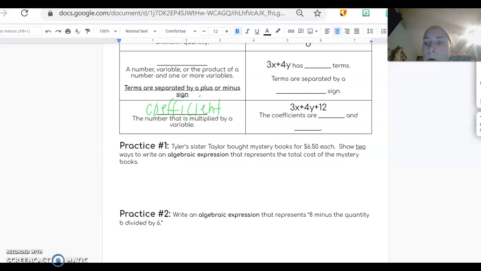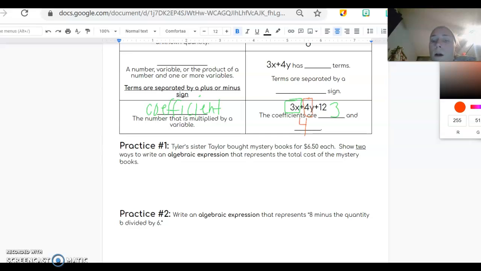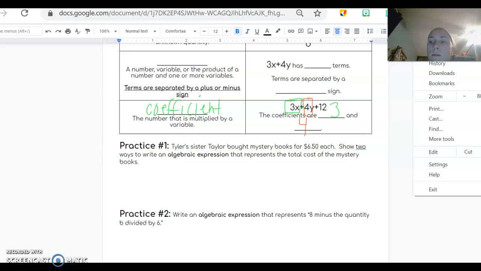So when I look at our example, 3x plus 4y plus 12, there's a 3 here in front of the x. Our coefficient there is 3. That is the number being multiplied by the variable. When I continue on, I see another variable, y. Our 4y, our 4 is our other coefficient because that's what's being multiplied. Okay? So now we're going to use these vocabulary terms that we've just learned, and we're going to do some example problems identifying parts of